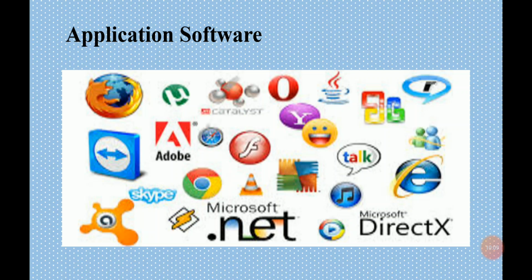If I want to make a presentation, then I use PowerPoint. Why do I use PowerPoint? Because it is only for the specific task of making presentations. There are different kinds of software. If I want to interact with the WWW, if I want to use the internet, then I use a browser, of which there are different types. So different browsers are also application software.